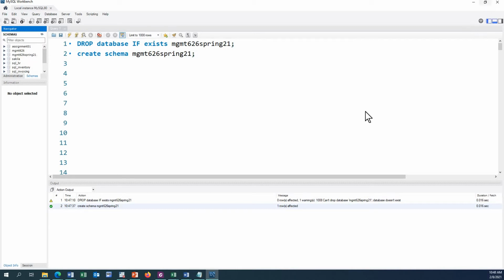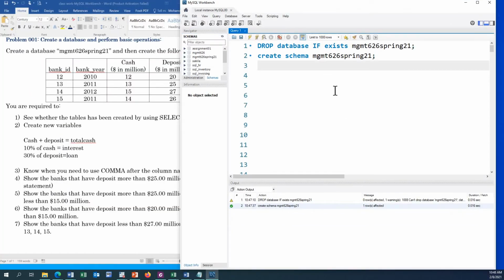Come again over here. Then we will use this schema, this database, and we will create tables within this schema. So use MGMT 626 Spring 21. We will be using this one, and now it's time to create a table. So create table